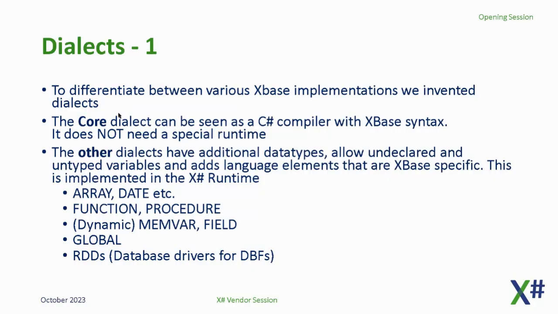And we have also added support for things like functions and procedures. C# doesn't know functions. C# doesn't know procedures. In .NET, everything is a method. So we have added support to compile procedures and functions into, in the end, methods, and then you can call them with the function syntax. And we have also introduced support for publics and privates, a concept which is alien to most C# developers. And of course, many of you have already learned over time that it's not always smart to do it, because these are dynamically scoped, and there's always a trick that you get in trouble with that.